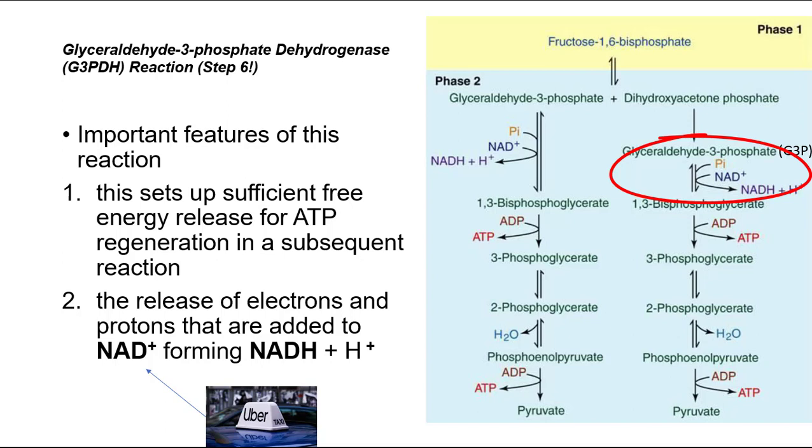First of all, this reaction involves the phosphate addition to G3P, forming a product with two phosphate groups, which is 1,3-bisphosphoglycerate. As you already learned, this sets up sufficient free energy release for ATP regeneration in a subsequent reaction. Another important feature of this reaction, for me more important, is the release of electrons and protons that are added to NAD+, which is a coenzyme of the metabolic uber taxi, forming NADH, effectively capturing the electrons and protons for later